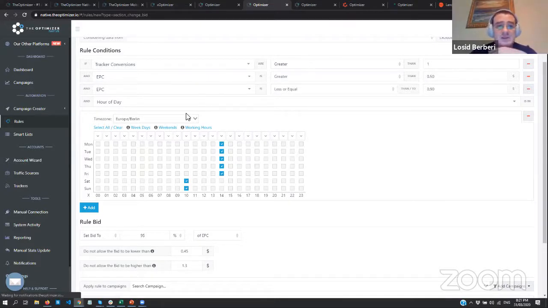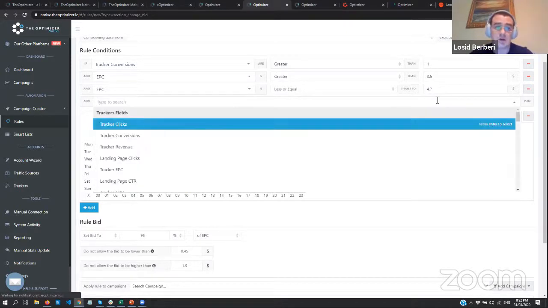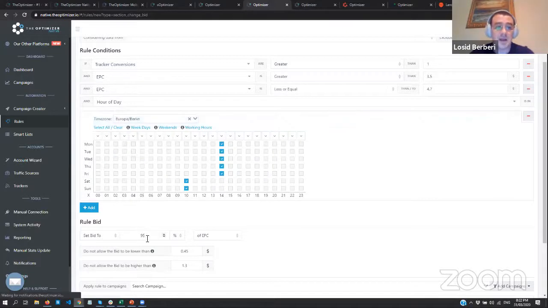Or if we have a situation where we have a high EPC on this publisher, so let's say an EPC of maybe $3.5, between $3.5 and $4.7 on some specific publishers, then we might want to set the bid to 35% of the EPC, because it doesn't make sense for us to set the bid to $5 or $4 or even $2, because it will be